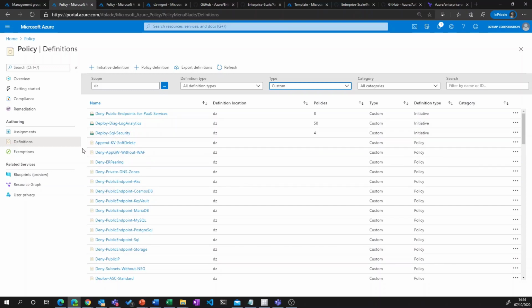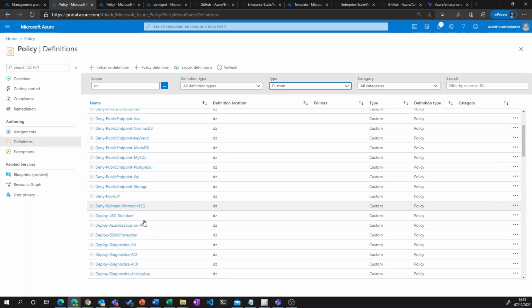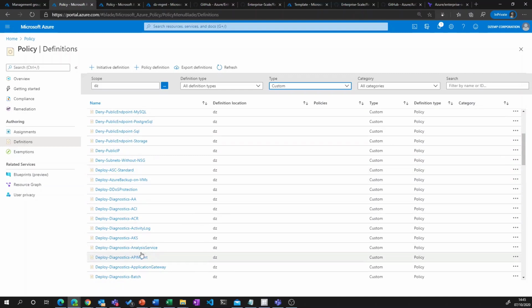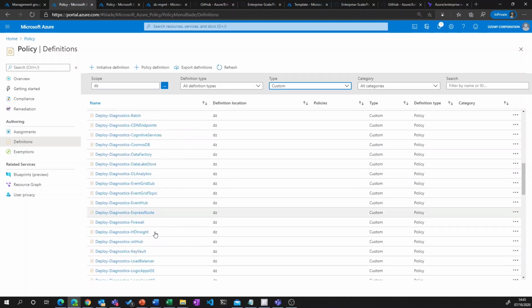So we have a lot of deny policies in order to, for example, prevent teams deploying public IP addresses or IP address resources. But again, based on the policy-driven governance, we also have a lot of deploy if not exists policies, for example, and going back to one example here,